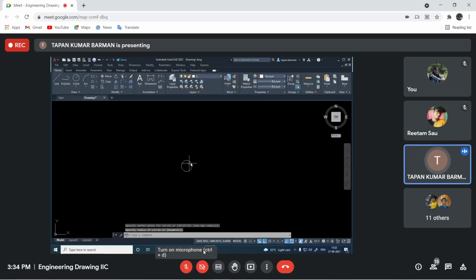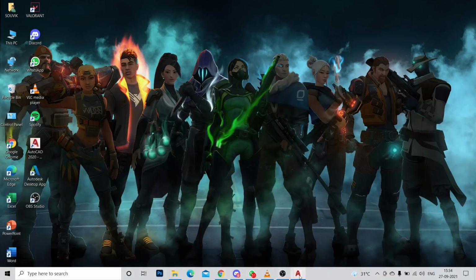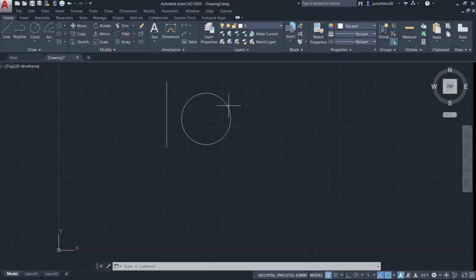Then taking a 5 mm gap, I want to make another circle. Taking another 5 mm gap, I want to draw another circle. 5 mm gap and 5 mm radial distance. Okay. Now how to do that? For the circle, it is possible to use the circle command multiple times, changing the diameter or radius. We can do that.